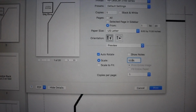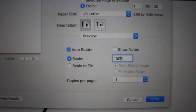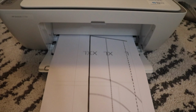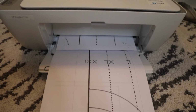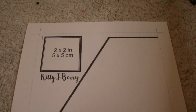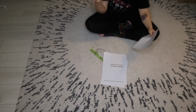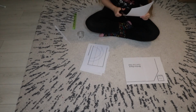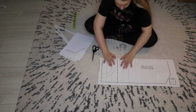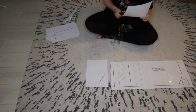The pattern for this dress is available in my Etsy shop. It is a downloadable PDF and is available in either A4 or US letter size. Make sure to print it at the correct size and at 100% scale. After printing, check the measurements on the first page using a ruler, and if everything looks good, you can start